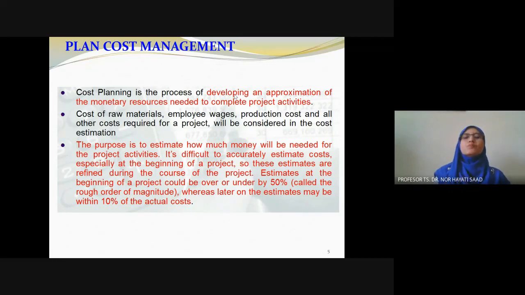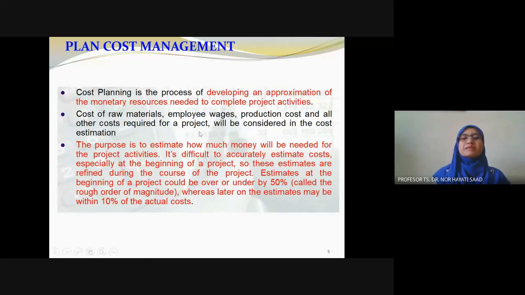You may underestimate and put the cost very low. So your team may get the project during the tender bidding, but you may have insufficient money. Later, your profit may be very low if you don't consider it properly. So that's why it is very important for us to do cost estimates.